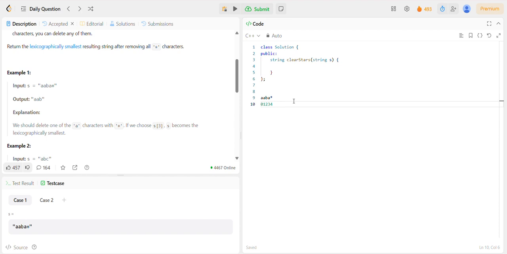So we found the first star character at the fourth index, and we clearly see AABA. We have only two types of characters, A and B, prior to that star character. It is clearly evident that we need to remove an A character only, because that is the smallest character, and A has the positions